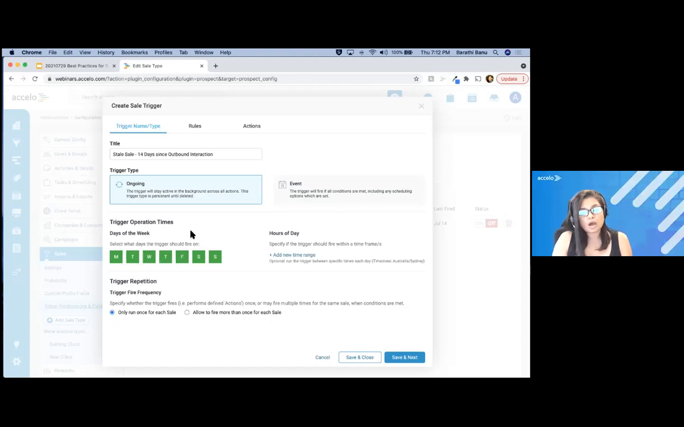Then we've got trigger operation times. This is to control when the trigger will fire. We want to ensure that if, for example, we are sending out email notifications, we do it during the work hours when someone will be more likely to look into it. So we could do something like Monday to Friday and just deselect Saturday and Sunday there